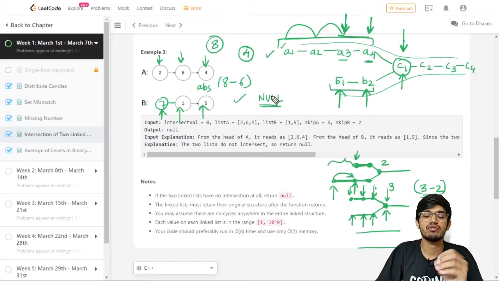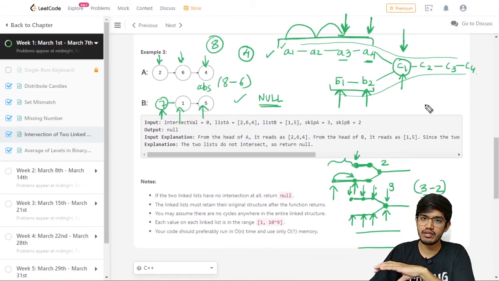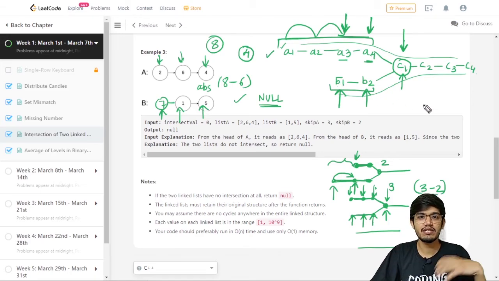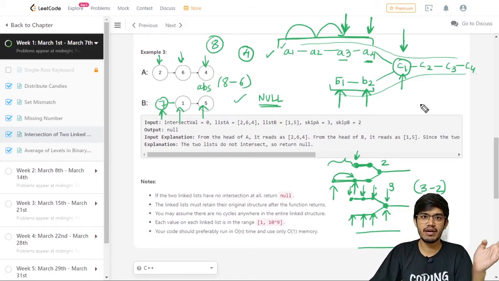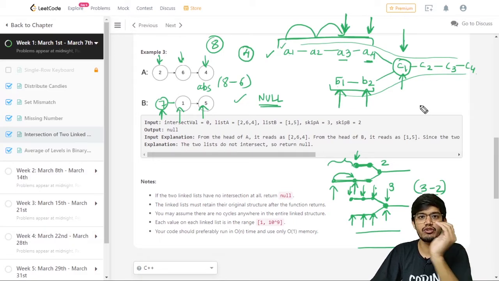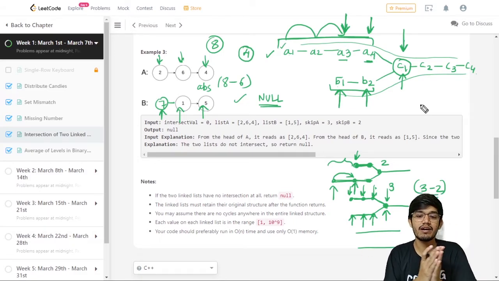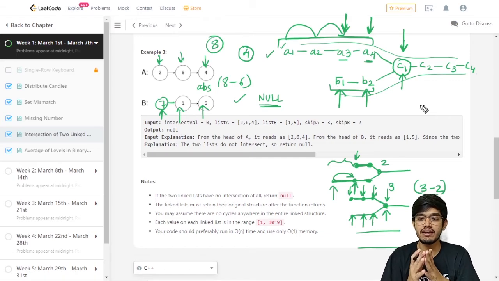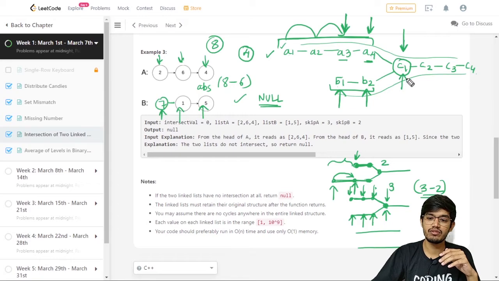Now you can try to pause the video and write the code by yourself. You just need to find the absolute difference between both linked lists, and then move ahead the longer linked list by that absolute difference. That many times we need to move ahead, and then start both iterations together and check for the value when we are getting this position C1.